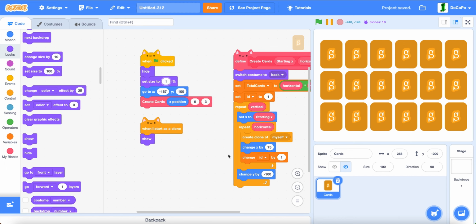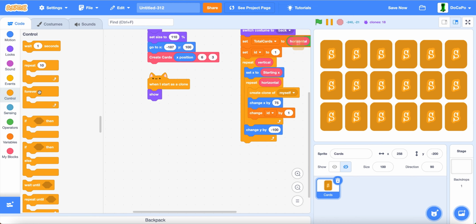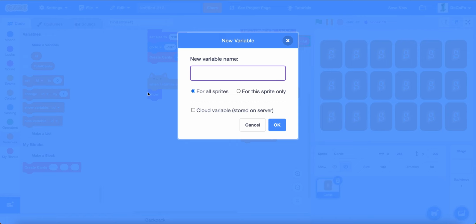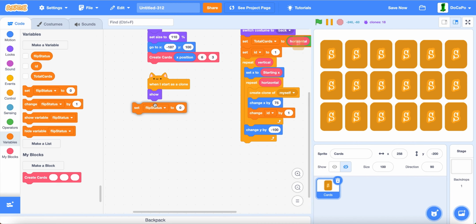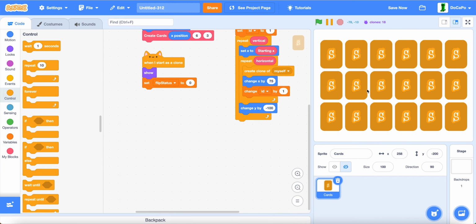Now, after this, back in when I start as a clone, put in create a new variable named flip status for this sprite only. Set flip status to 0, which is flipped to the back. Then a forever, then if else,